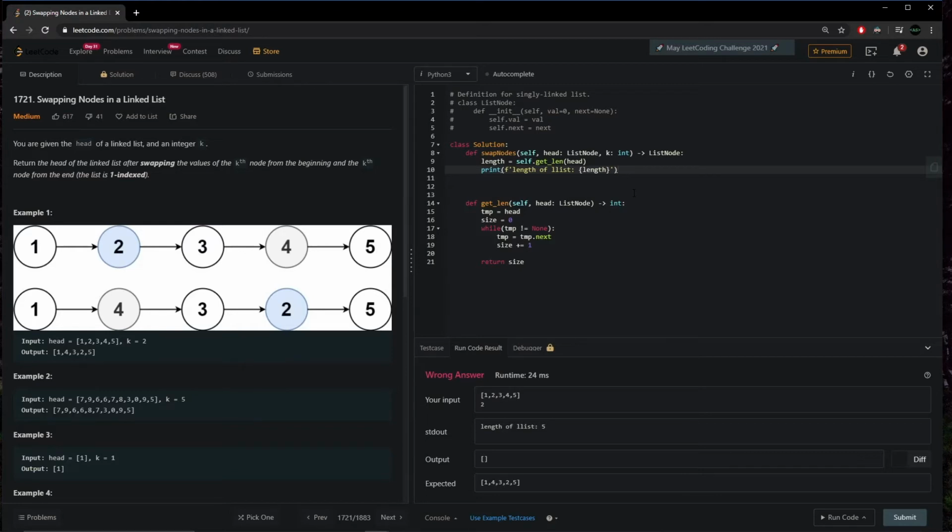So now that we have that, it'll make it easier to go through the list and be able to find our kth index from the beginning and the end. This length really helps us find the end index, since we kind of need to know the overall length of the list to know what the kth node from the end is going to be. So we can find that out doing